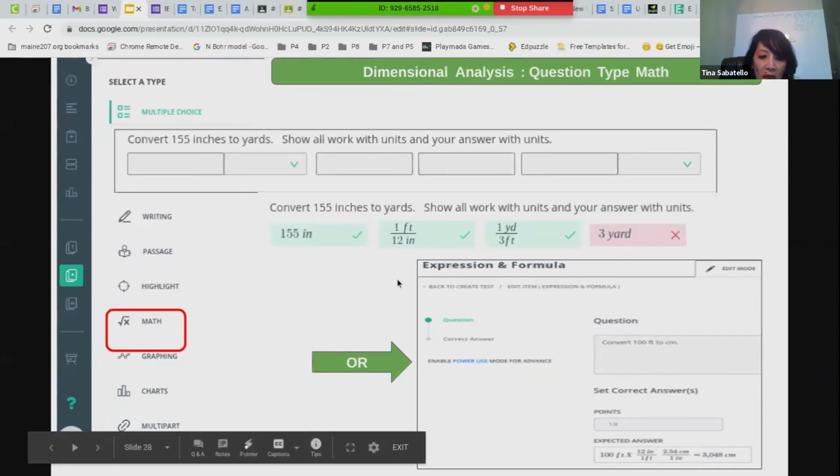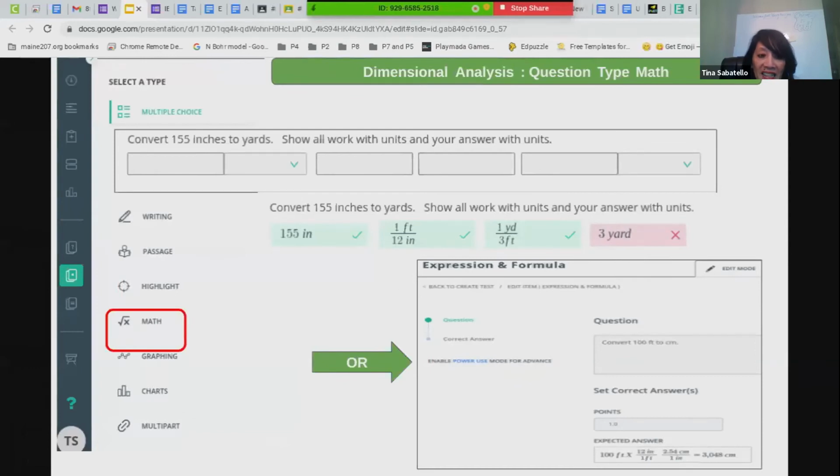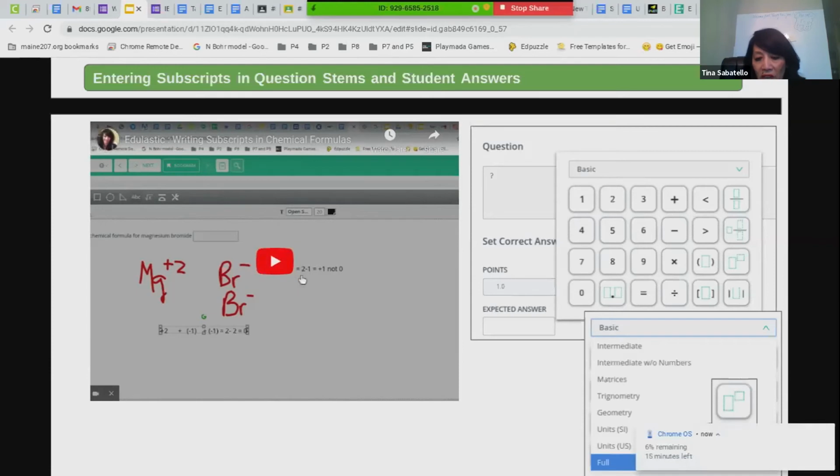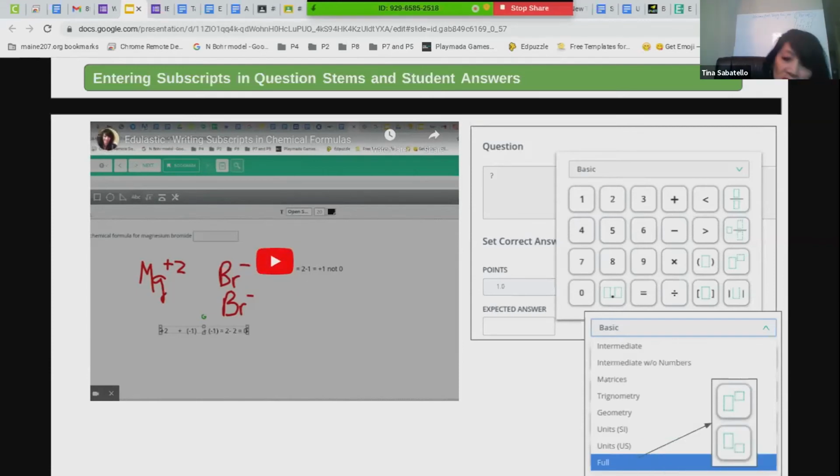If you haven't used the math expression formulas as a science teacher, they are great if you have to format subscripts, superscripts, do unit conversions. So I have some more slides here about that. They pertain to both subscripts, superscripts, and conversions. So I'm not going to play this video right now because it's about 6 minutes long. So they will be sharing the video with you, the slides with you, so that you could go back and see step by step how that works.